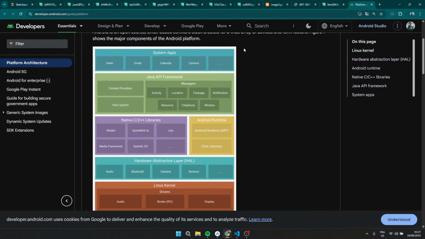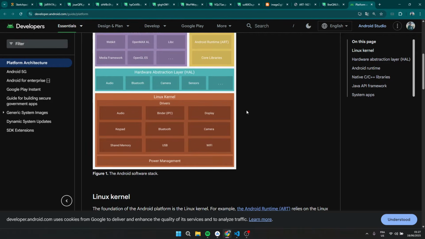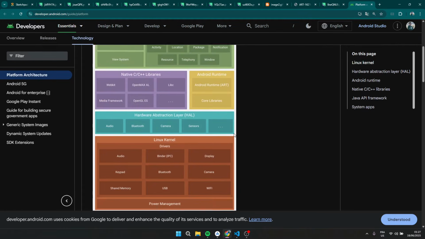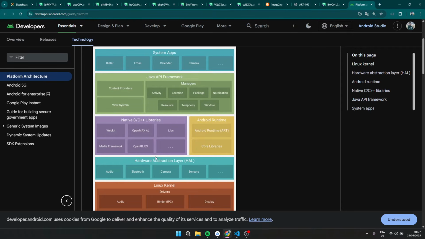So yes, the thing is that we need to have a solid understanding of this stack, guys, because if we take a closer look at the Android framework and explore how it works, that's the thing: most Android applications are going to be using one of those layers, or maybe two layers, or maybe three layers at a time.